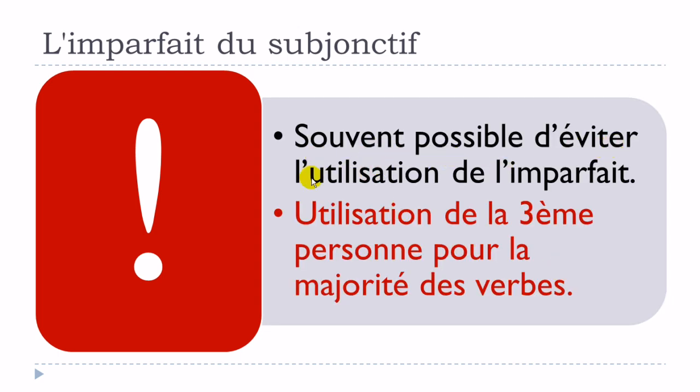Souvent possible d'éviter l'utilisation de l'imparfait du subjonctif. So, as I said, it's often possible to avoid using this form of the imparfait du subjonctif, okay? And the last thing, and one more time, as we saw, if you want to use this imparfait du subjonctif, keep in mind that it will be for the third person, just because the other forms are really impossible to produce. Not impossible, but quite heavy, and people don't like to use this form anymore, okay? I'm not talking, of course, as I said previously, about avoir and être, because they've got a special status.